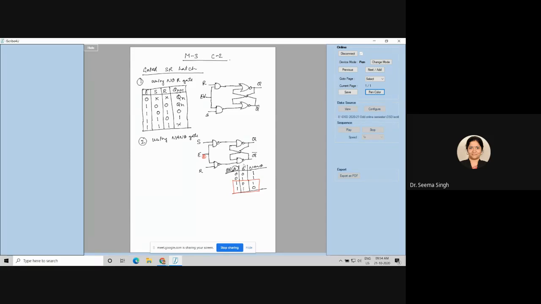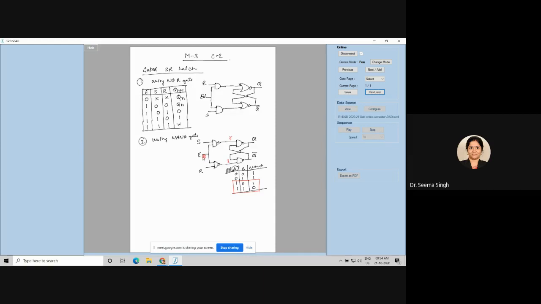Was memory. Okay, you people revise it. Things are not there in your buffer memory. Please revise it. So you remember that here you get S bar and R bar only, no? So in the S bar R bar latch, when S bar and R bar were 1 1, it was in memory state. So here also, when enable is 0, the NAND gates remain in memory state.